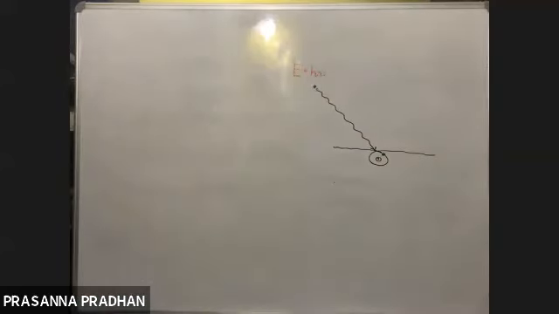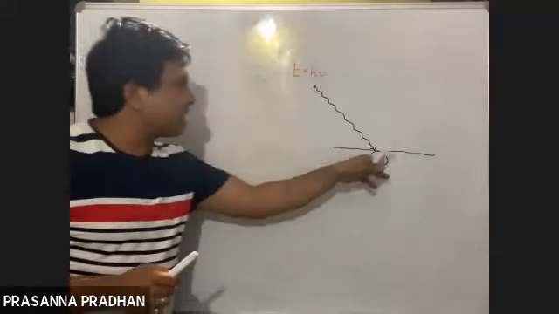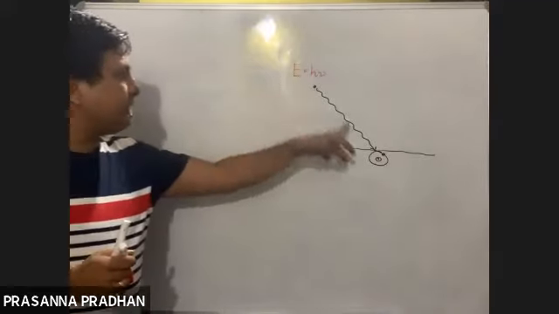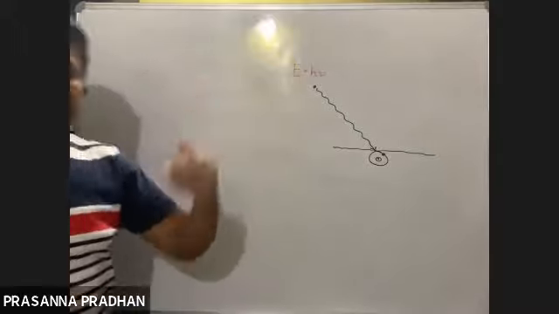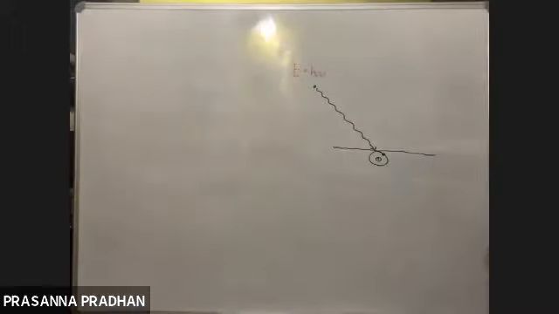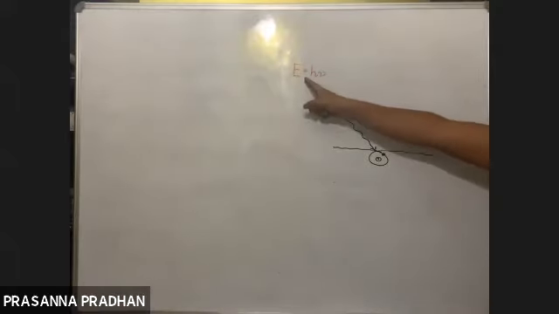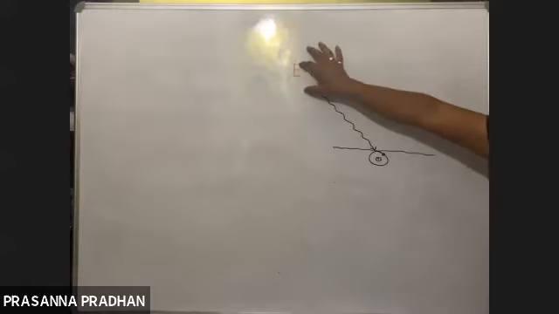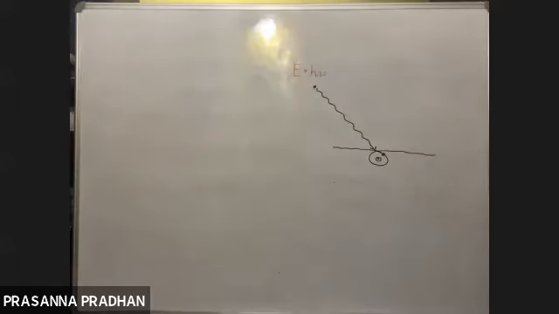So what is threshold energy? To cause the photoelectric effect, the incident light must possess a minimum amount of energy, and that minimum amount of energy is known as the threshold energy. Suppose the energy is less than the threshold energy, will it cause the photoelectric effect? Listen carefully, it won't work by rote learning. I'm saying that to cause ejection of an electron, this light must possess a minimum amount of energy.